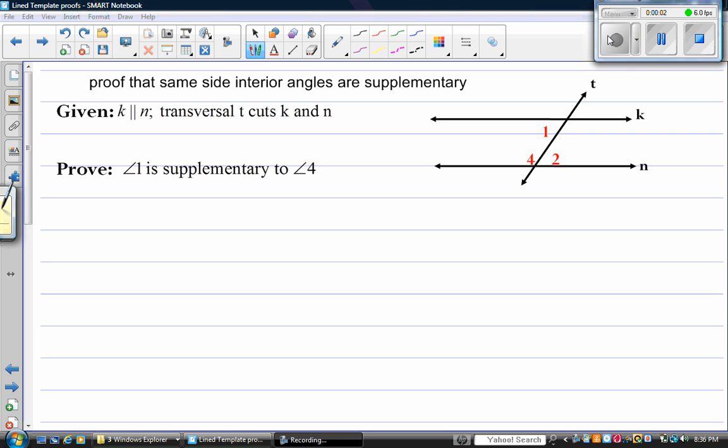In this video we're going to prove that angle 1 and angle 4 are supplementary. Essentially those are same side interior angles, so we're proving the theorem that same side interior angles are supplementary. In class what we